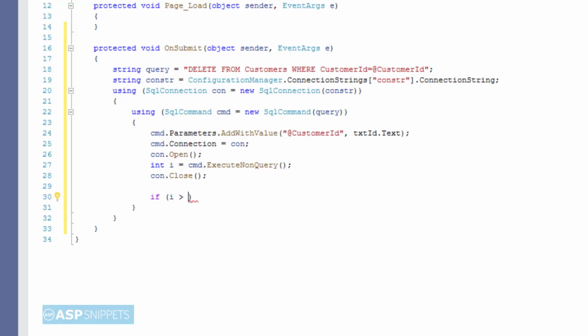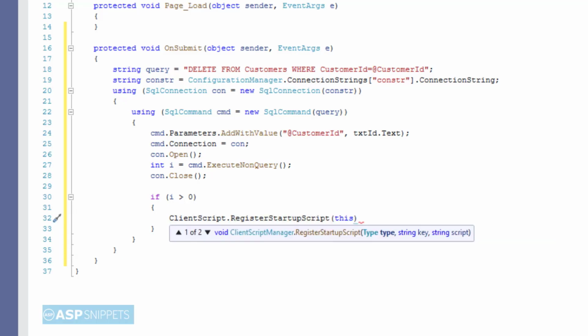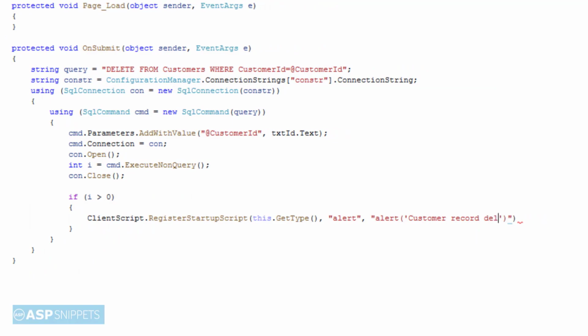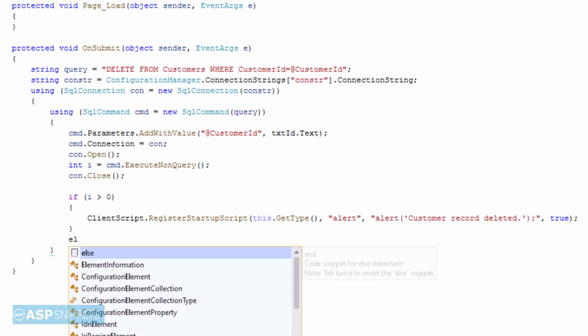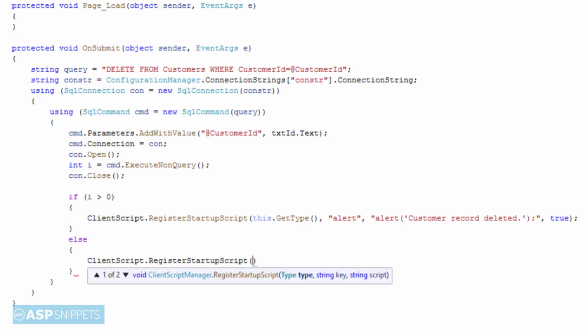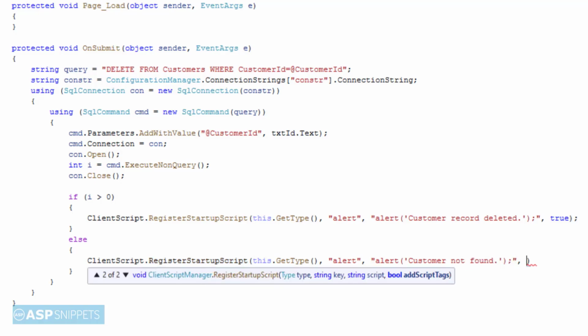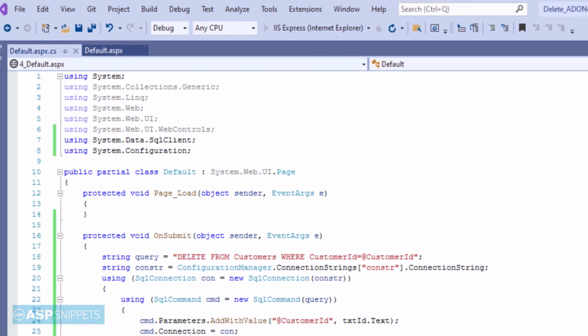The ExecuteNonQuery function returns the number of rows affected. If its value is greater than 0, that means the rows have been affected and the data has been deleted. And if it returns 0, that means the query has not deleted any records. So with this we complete our programming part, and now it's time to run our project and see it in